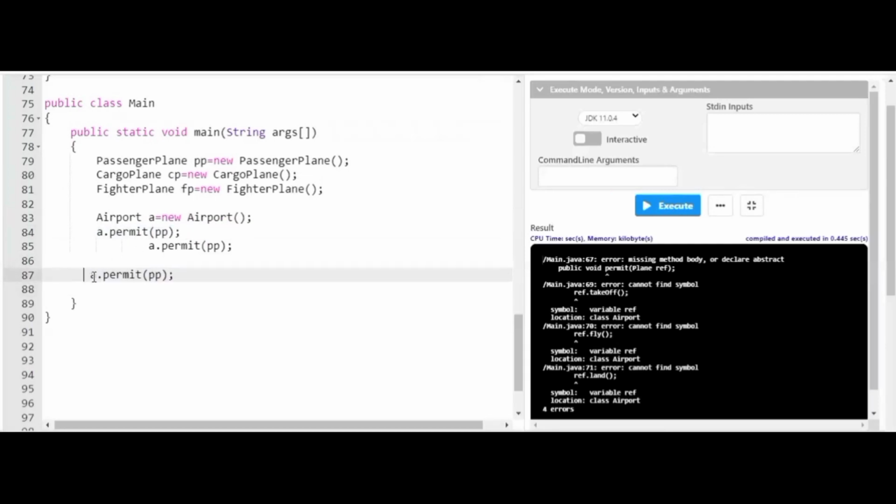Okay, I'm just taking cp and followed by fp.